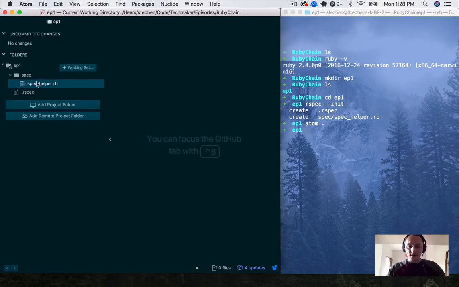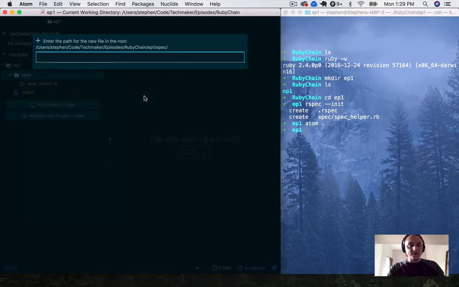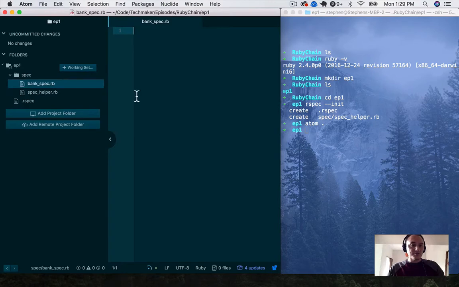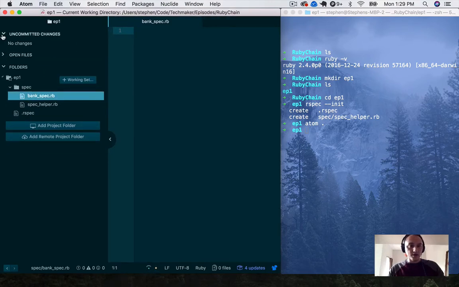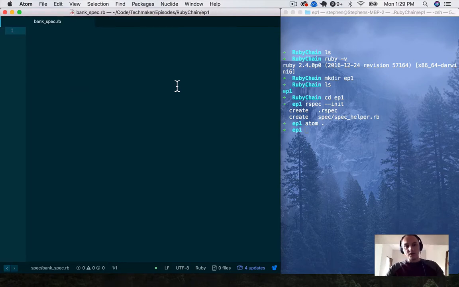Okay, and I've explained this in some other episodes, but if you see me doing a lot of shortcuts, like to close and open the file tree in Atom, you can hit Command \. So I'm going to create a new spec. You have to create a new file in the spec directory, and let's call it bank_spec. And it's important that your spec, which is specification, ends in _spec to get run. So the first thing we're going to do is require spec_helper,